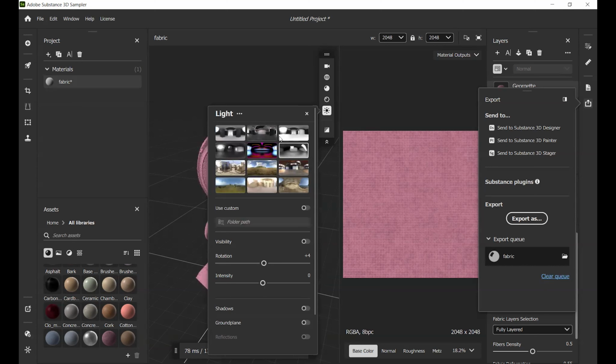Then we have different lights, different environments. So we have some inside or indoor environments. We have some studio, some outdoor environments. And yeah, you can bring your own here. We can rotate the environment. You can change intensity.